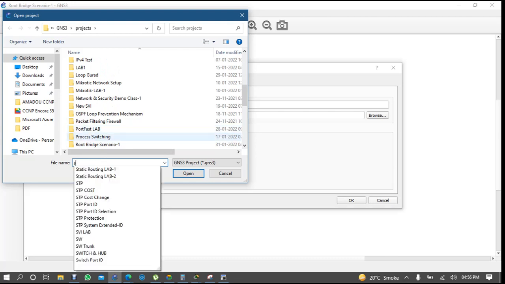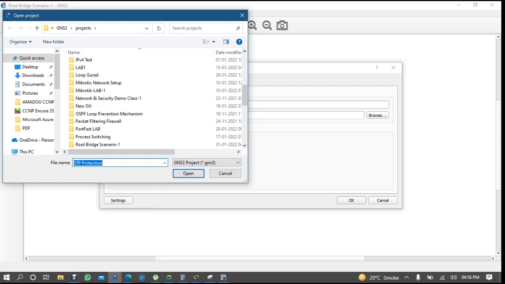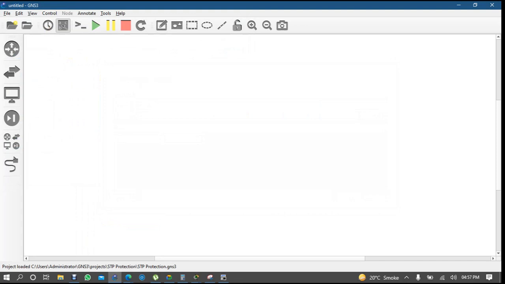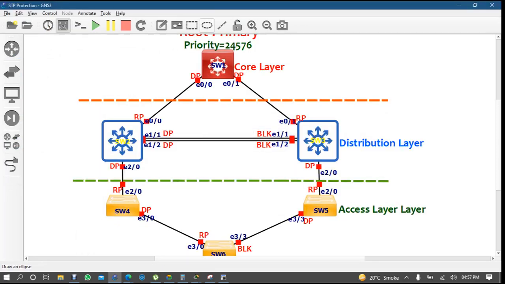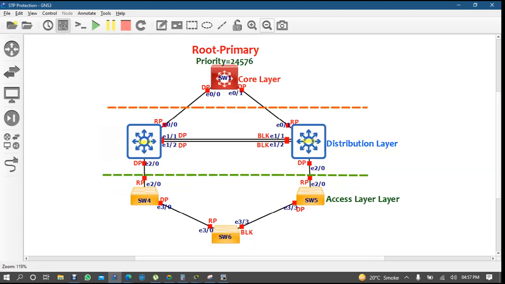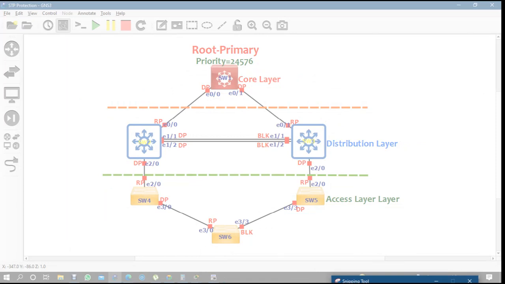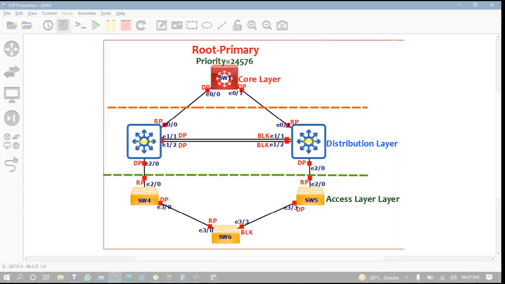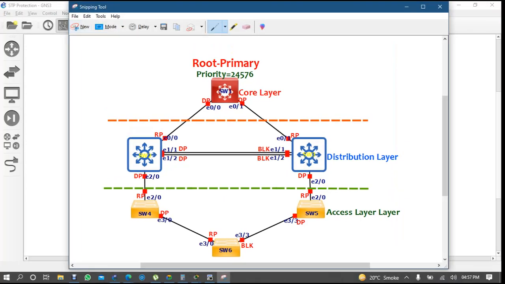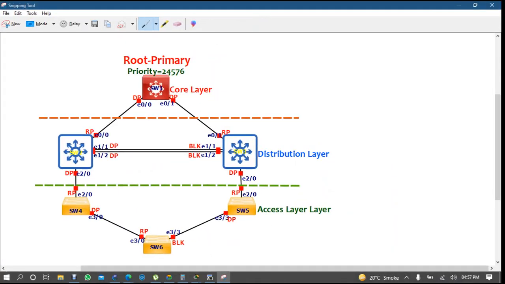STP Implementation. See what Cisco is doing here. Normally Cisco or any organization separates their network into multiple segments. There will be one switch acting as the root switch, and that will be a core layer switch, meaning the heaviest switch of the network. This core layer will be connected to